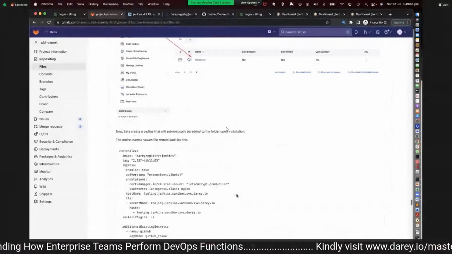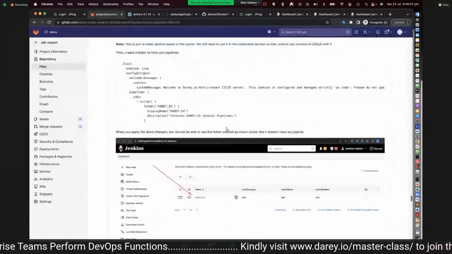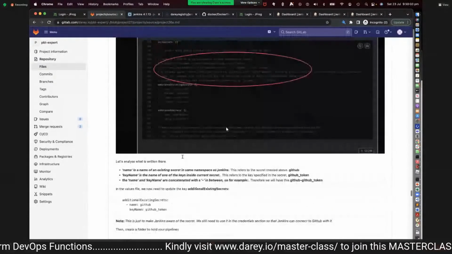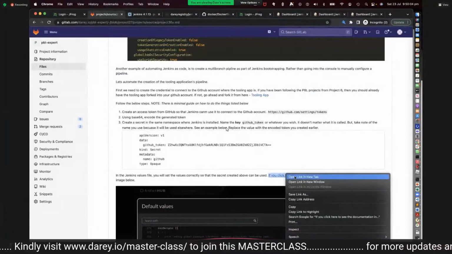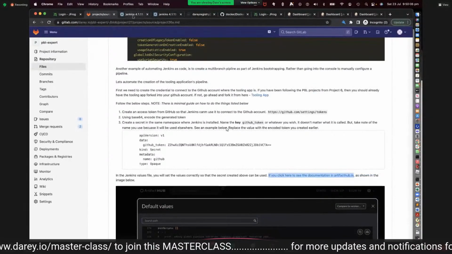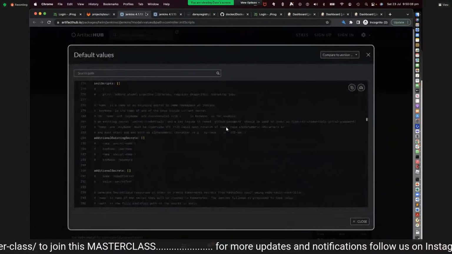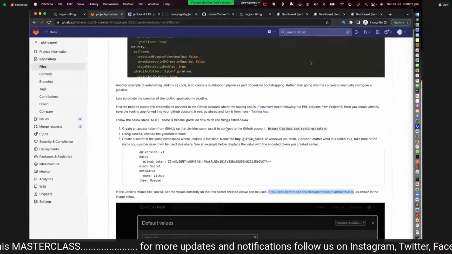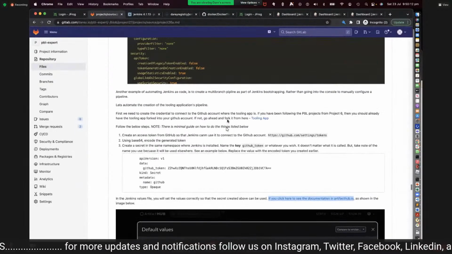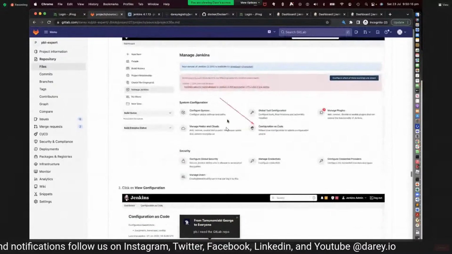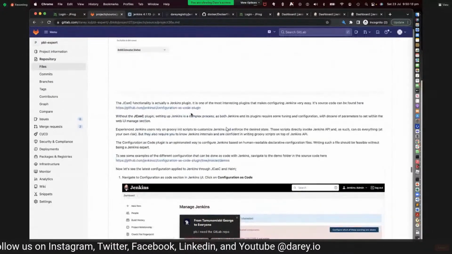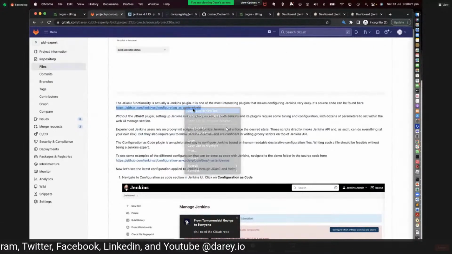Actually, let me see if there should be a reference to the actual documentation here. So I think this is here. Let's see, that's the one. Okay, no, that's the Jenkins. Okay, this is it. So the Jenkins Configuration as Code